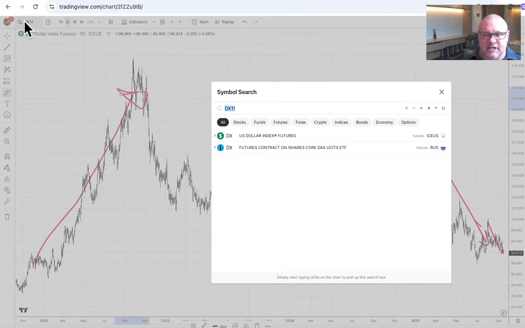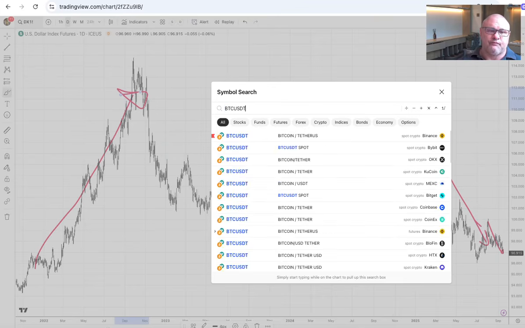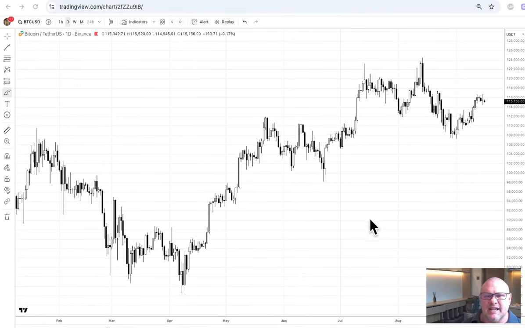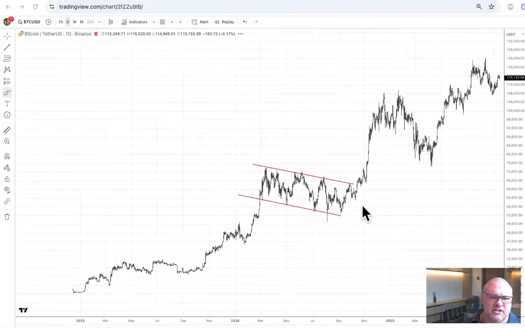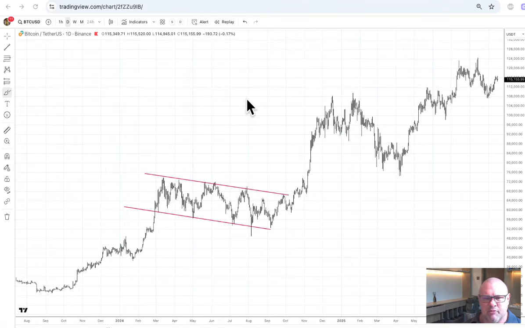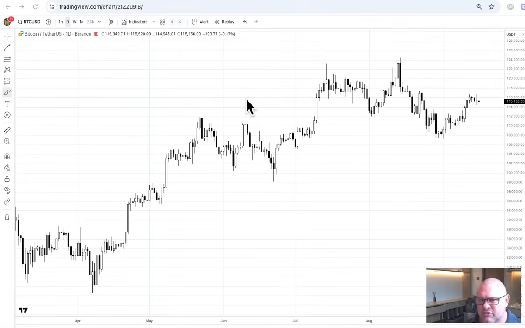The next thing I want to do is look at Bitcoin. And I want to do exactly that same sort of analysis. Are we broadly in an uptrend? Yeah, we're in a bull market. We've been in a bull market since like 2023. It's been an annoying, frustrating bull market in everything except Bitcoin, but it's still a bull market. And it's a bull market until proven otherwise.